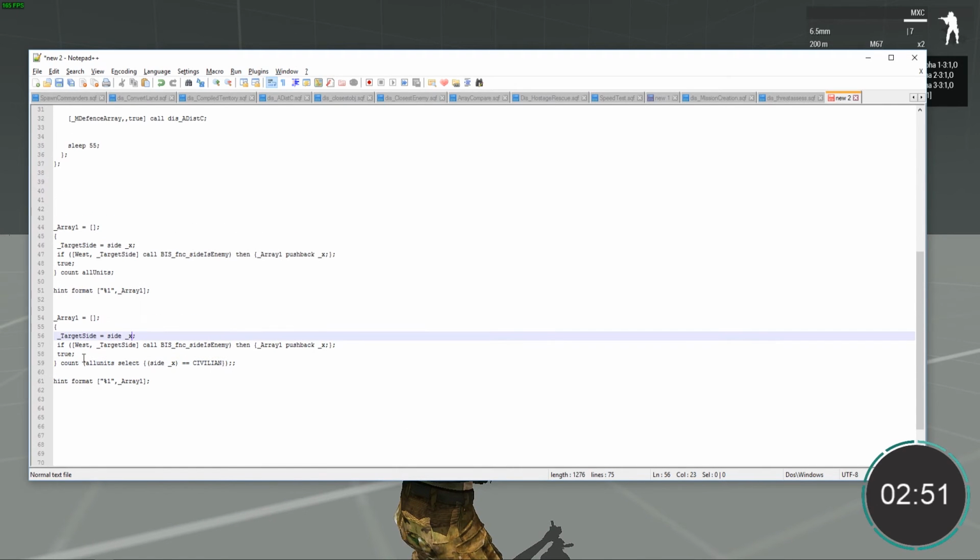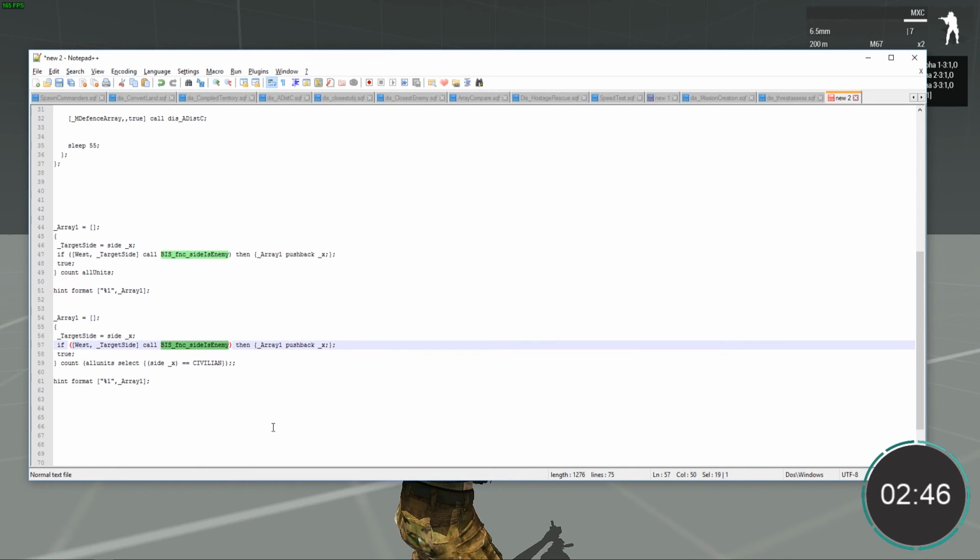So maybe to speed this up, instead of doing this whole command here, I mean side is enemy, can I change this to